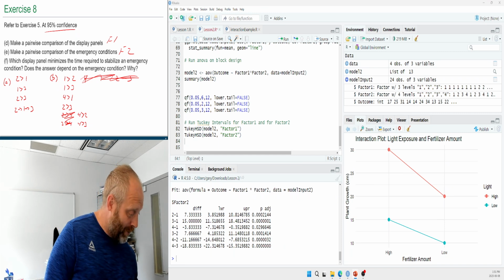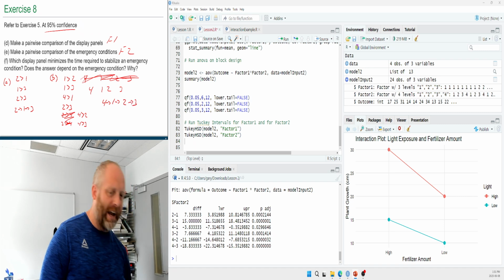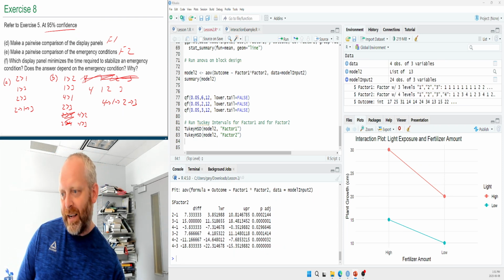All right, so I have 1 is better than 2, 1 is better than 3, 4 is better than 1, 2 is better than 3, which we already have by default. 4 is better than 2, 4 is better than 3, so this is the lineup. So it's 4 to 1 to 2 to 3. Okay, there we go. Now, if I go back and actually look at the graph,